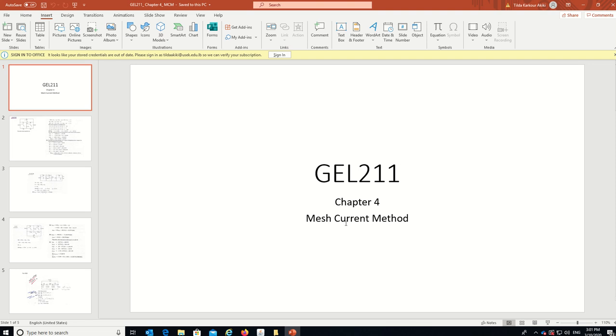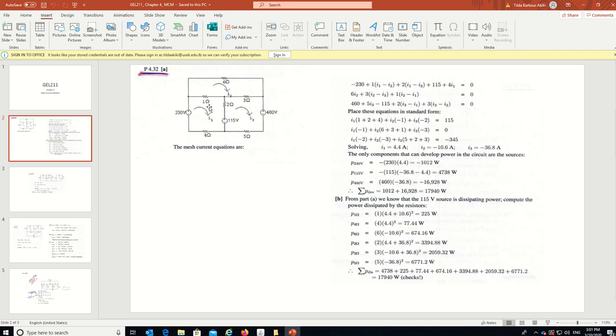Hello, we will correct here the exercises of Chapter 4 concerning the mesh current method. In this exercise, you have three meshes as you can see. So you have three KVL equations. You choose the direction of the mesh currents as you wish. You place them in a standard form, you solve them, and then you will calculate the power developed by the